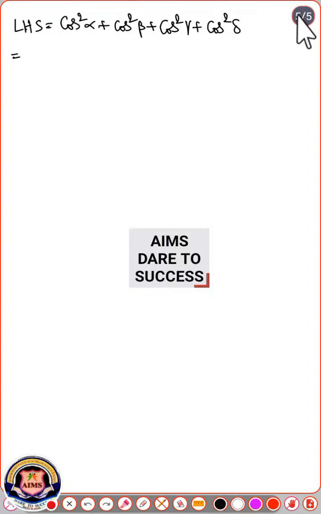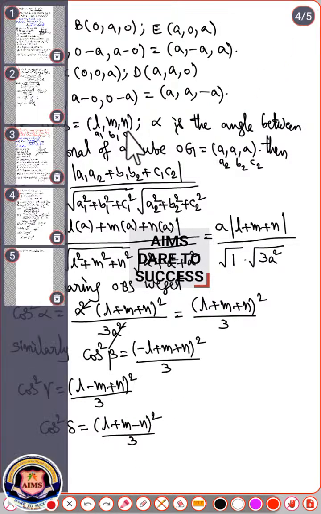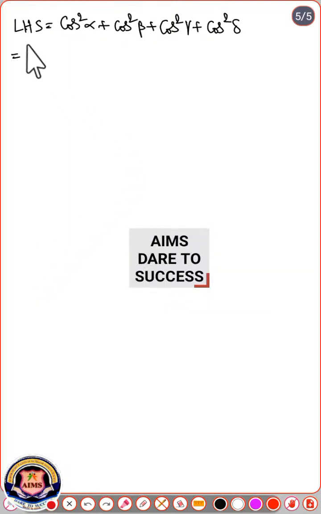What is the value of cos square alpha? For the L, M, N terms, the first is all positive, next the first position negative, next the second position negative, next the third position negative. So we can write it like this: (L plus M plus N) whole square by 3 plus cos square beta value